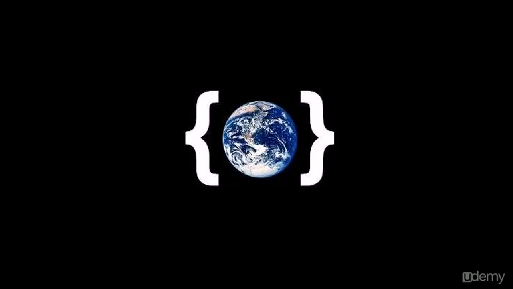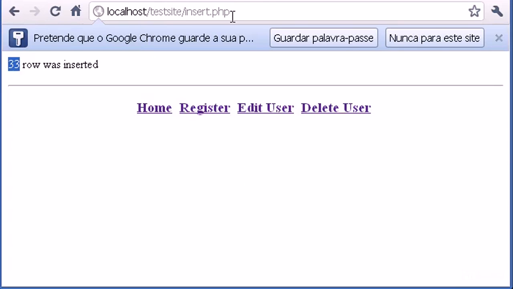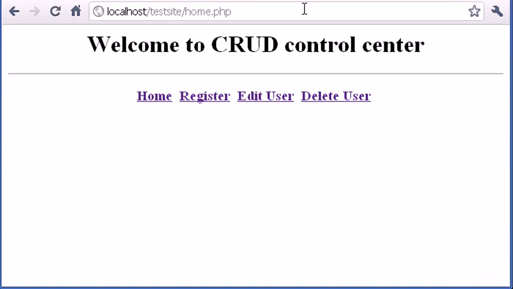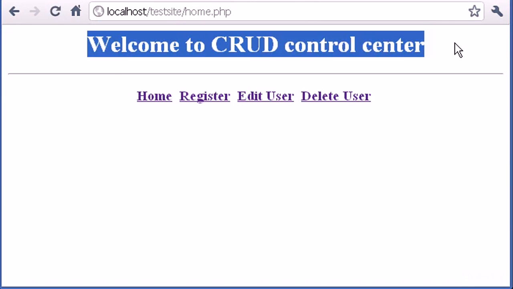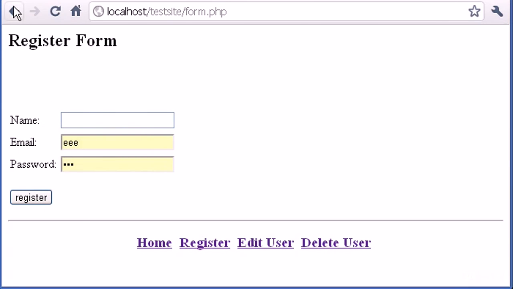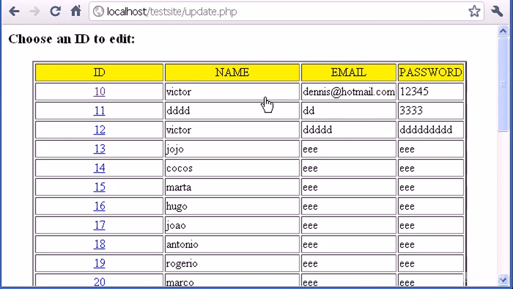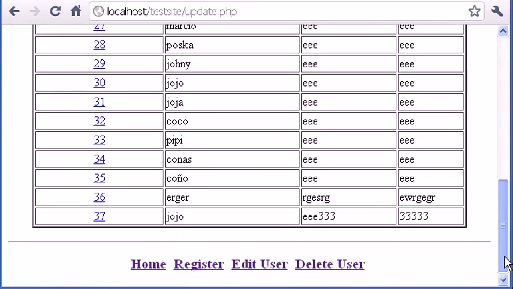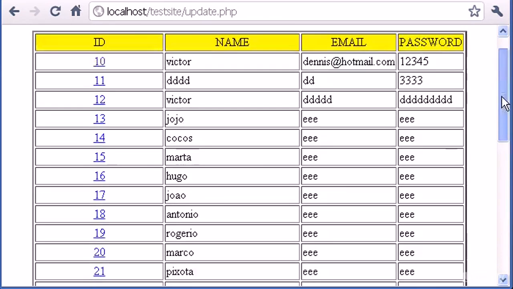Okay, so to start, let's go to the browser and type localhost/testsite/home.php, enter, and we have here our CRUD control center: home, register, edit user, and delete user. If we click home, we are here. If we click register, we go to the register form. Cool, edit user, and as you see, I've made a lot of